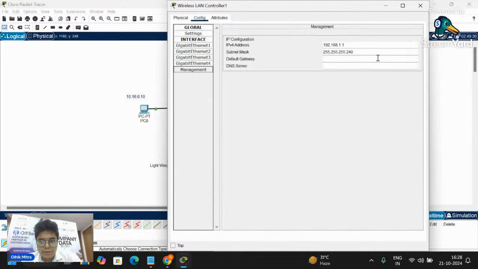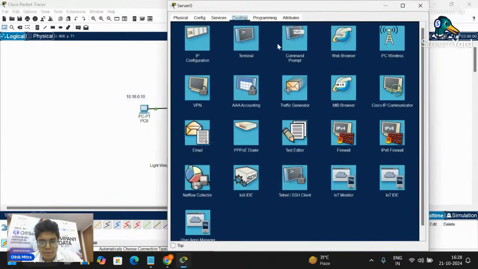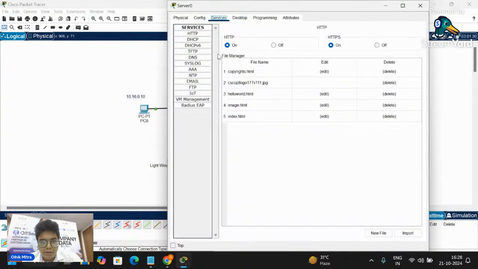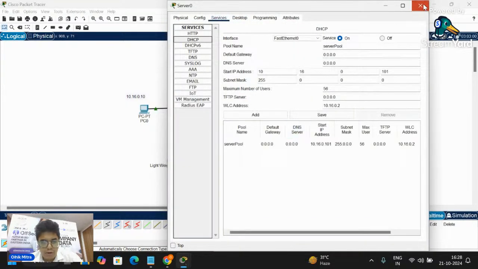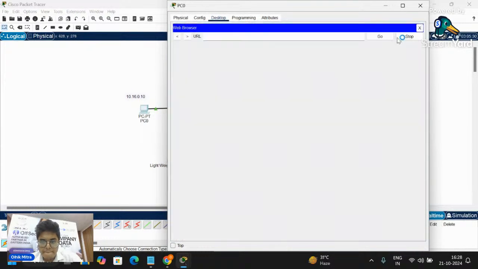The management IP will be 10.16.0.2. And let me check the server also, Services, DHCP. Now I hope it will work. Let me wait.